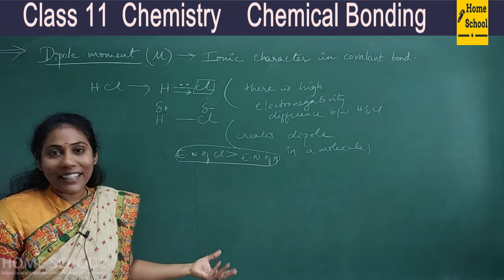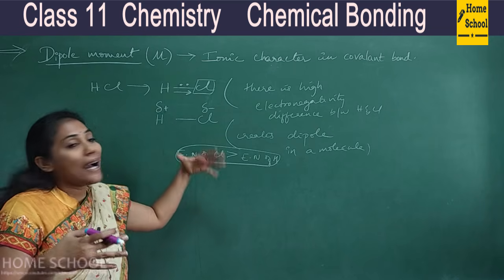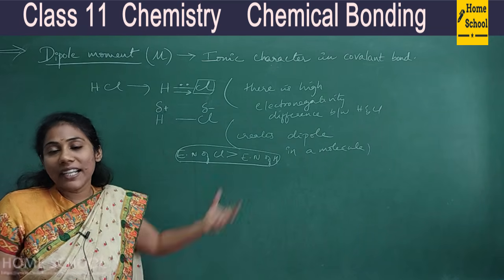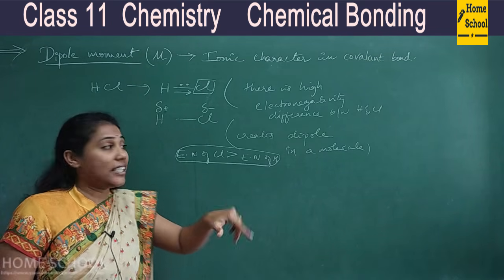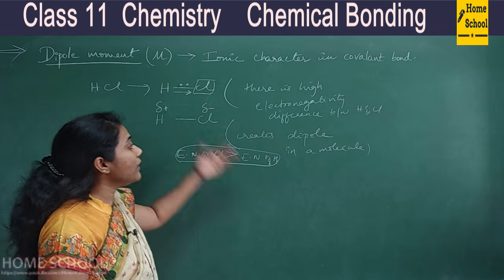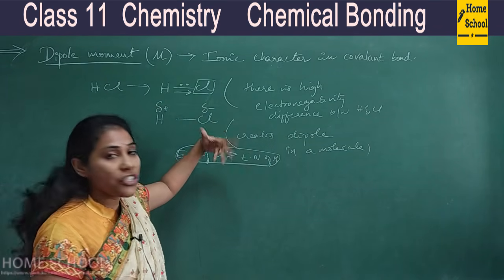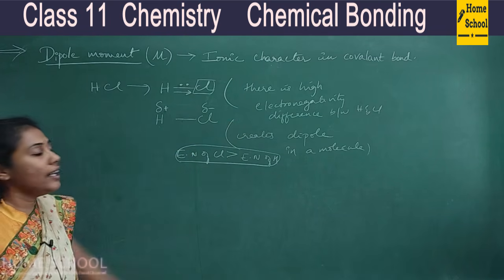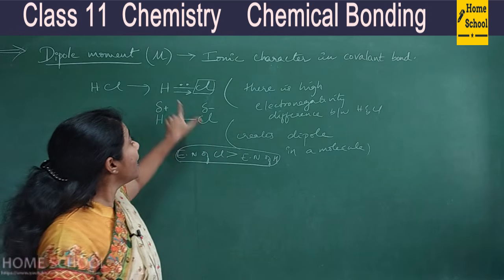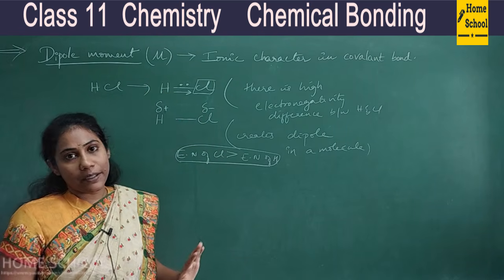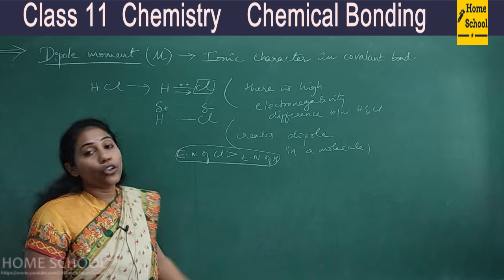That's why we say ionic, right? So this is what ionic character is. It's like a positive part is there, a negative part is there in a compound, right? Slightly positive, slightly negative. This is what we say: ionic character generation in a covalent bond. That's what we mean by dipole. Dipole means observing this slight charge generation in a molecule. Okay, so you will observe dipole only when there is a high electronegativity difference between the two atoms. So this is how ionic character is observed even in a covalent bond.